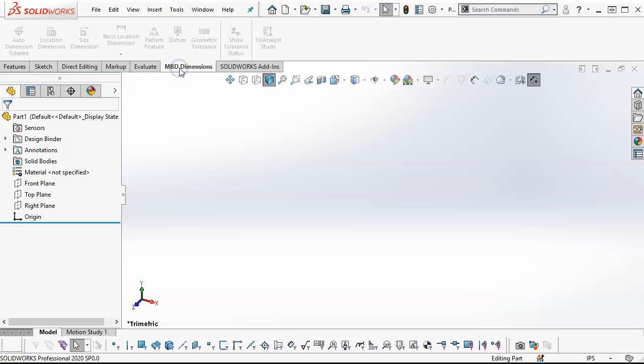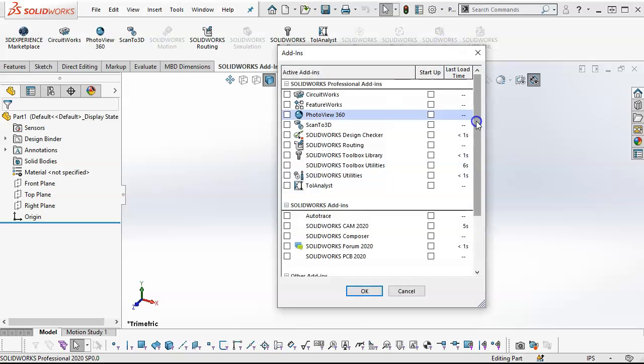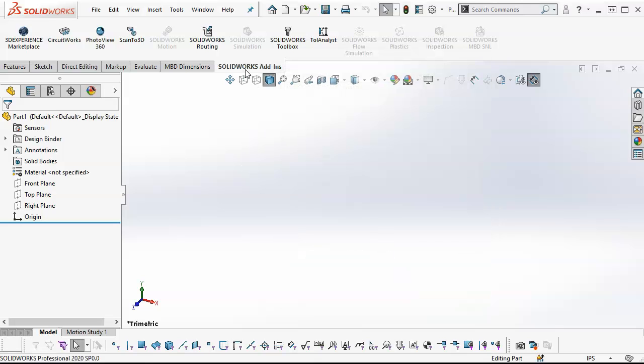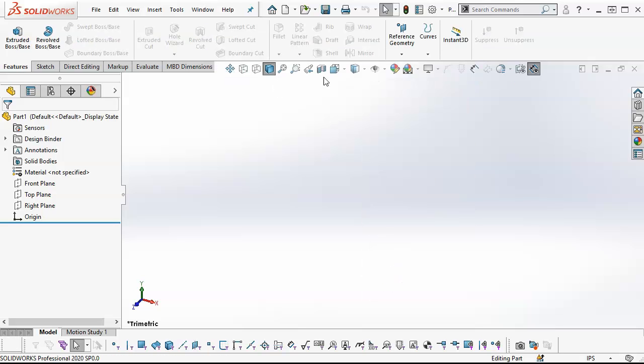And then model-based definition dimensions, and then all of the add-ins if we need those. But most of the time I'm going to just come up, because this is maybe not all of the add-ins. If I come up to the little gear and go down to add-ins, we're going to see quite a few more, at least all of the expanded and the CAM type stuff. So if I can open up that little bit of work area, then I'll go ahead and that'll bring the